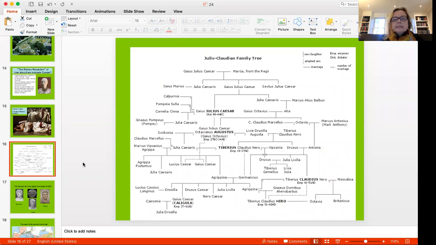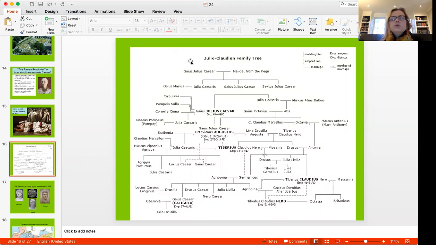So if you look at this, this is the Julio-Claudian family tree. Family tree should be obvious. Julio-Claudian implies that it is actually two families that we are talking about. The first one is the important one for us right now. This is Gaius Julius Caesar